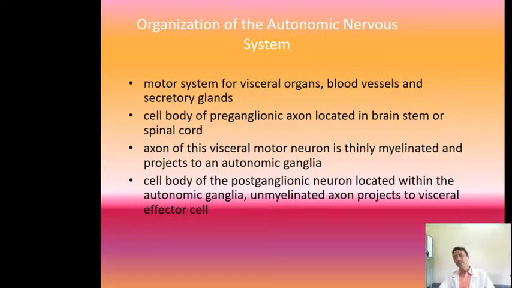Today we are just discussing about the functioning of the autonomic nervous system. As the word says, this nervous system controls the autonomic functions of the body. So what are the autonomic functions of the body? The autonomic functions of the body are the control of the heart rate, the control of the blood pressure, the control of the respiration, the control of the GI functions, the control of the renal system. So all these functions are autonomic functions in the body which are not under our control, and there is a separate nervous system which is called the autonomic nervous system.